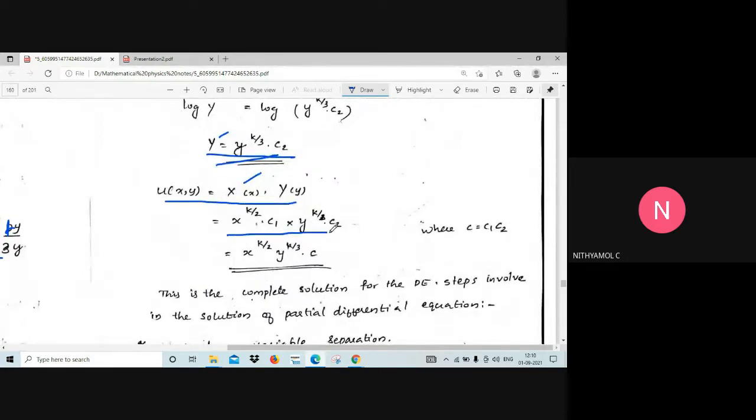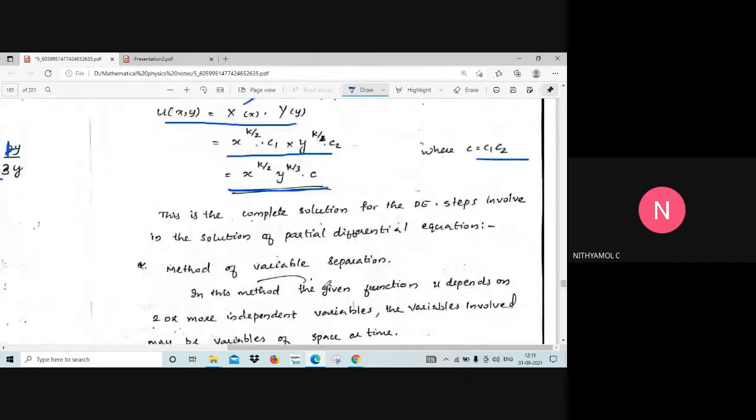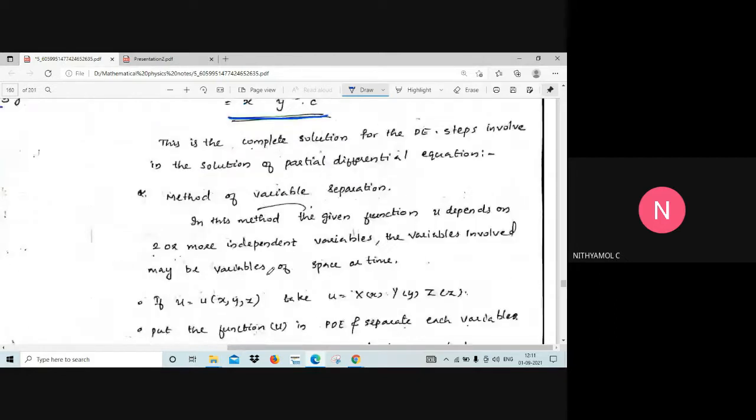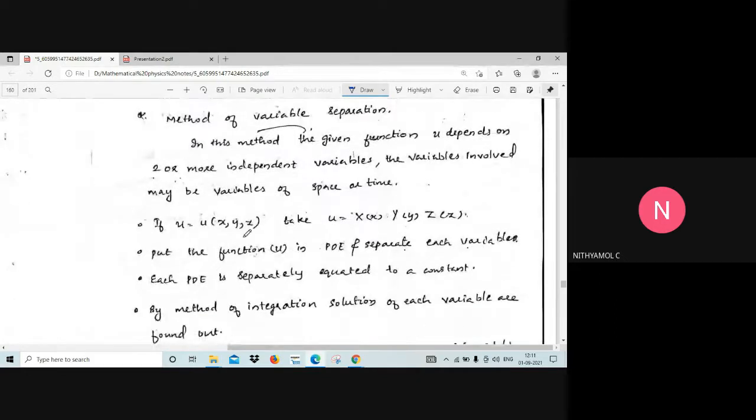Then we will get x raised to k by 2 into c1 into y raised to k by 3 into c2, or x raised to k by 2 into y raised to k by 3 into c, where c is c1 into c2. So this is the complete solution of the partial differential equation by the method of separation of variable. And by method of separation of variable, we have to